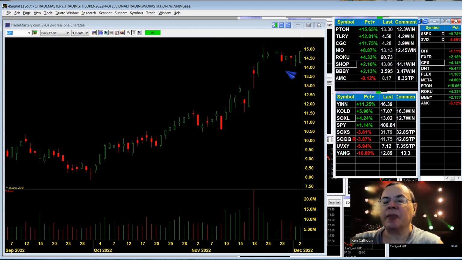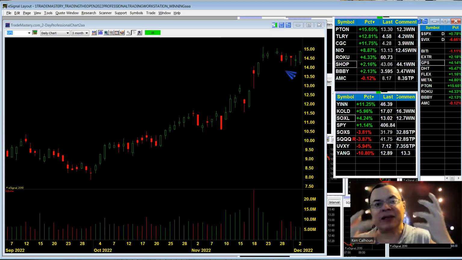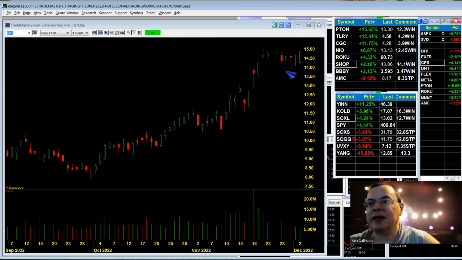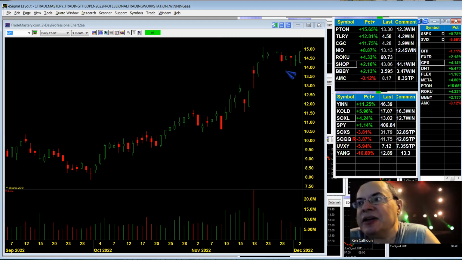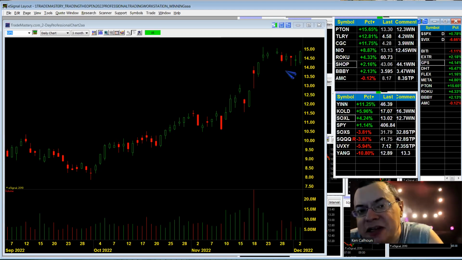So here you can see we had a series of ambivalent days. They didn't know what they wanted to do with it. They just chopped it around. But all of a sudden, it lit up, and we had a big wide range green day yesterday in this chart. So if it gets over the 15 by any amount, like 15.2 or 15.3, not a trade recommendation, but keep an eye on this if it gets over, say, 15.20 in GPS.